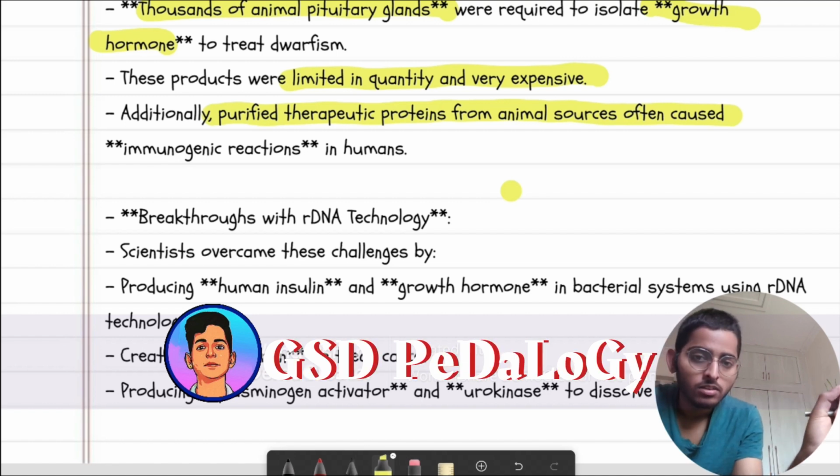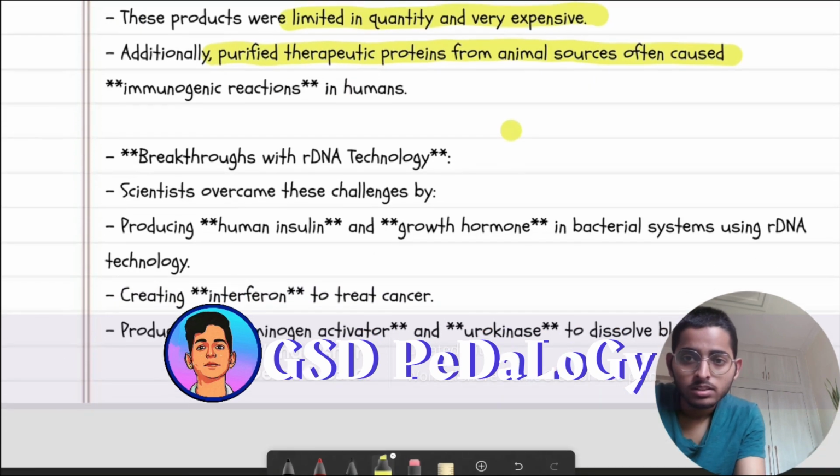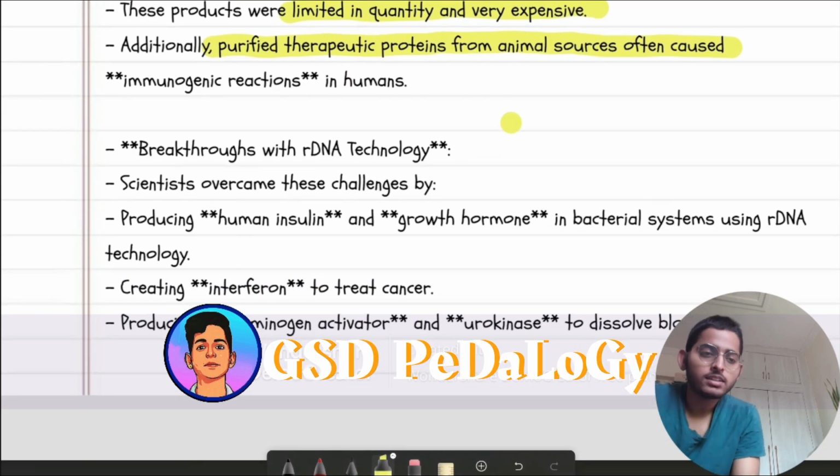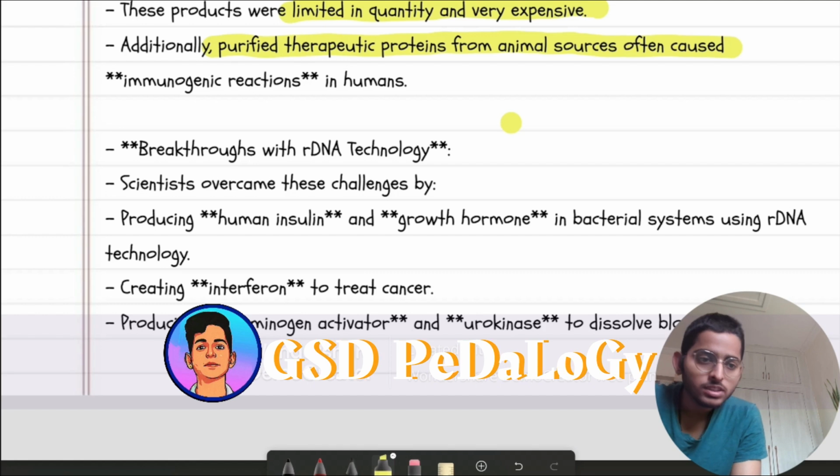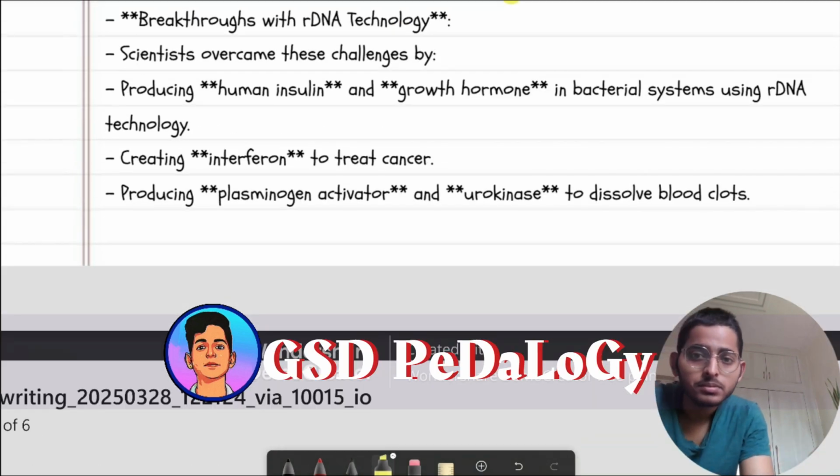placements which contributed to the immunogenic reactions in humans, because at the end of the day, what is insulin? Insulin is a polypeptide chain, and there are amino acid sequences. Now, if you don't match those completely with the human insulin patterns, it is obviously going to induce some immunogenic reactions. Now, scientists had some challenges,